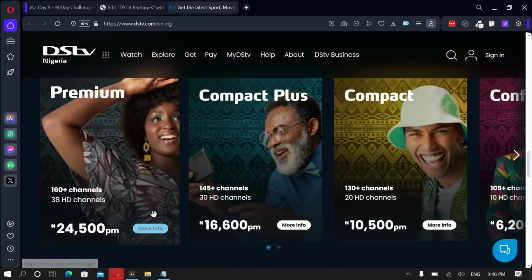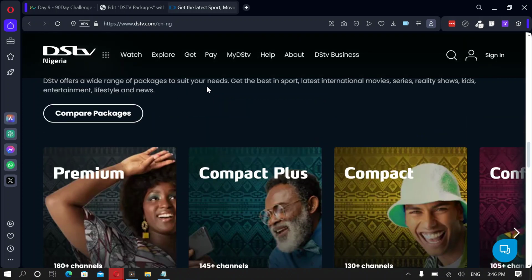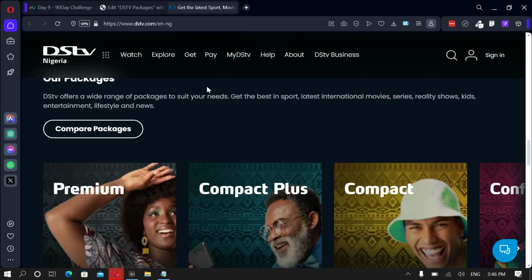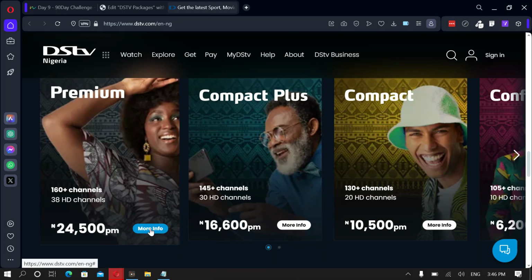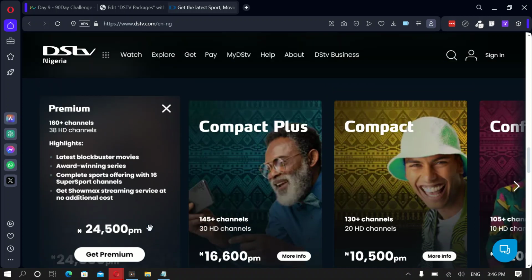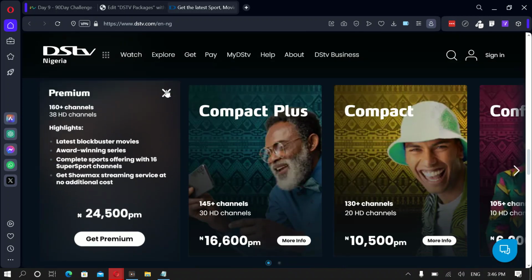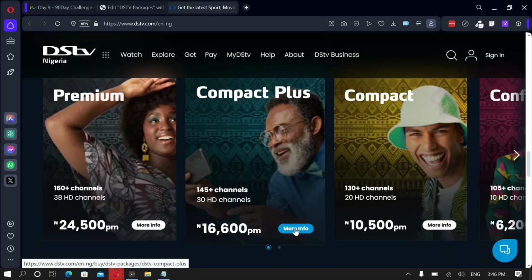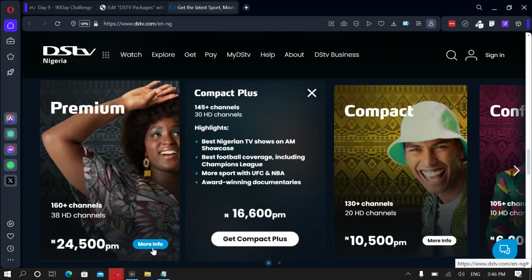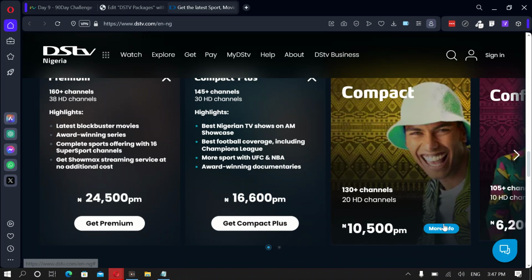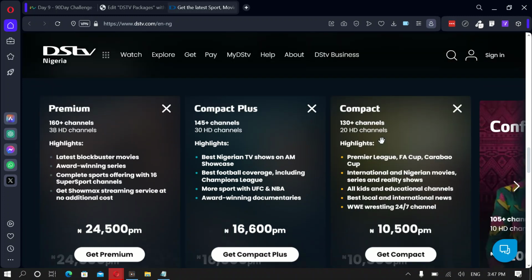But how about this? Before we go into this, let me tell you that this tutorial may be a longer tutorial. But won't you love to know how to do this? Won't you love to learn how to achieve this kind of animation? Because what this enables DSTV Nigeria to do is that people can actually view and compare between these different packages just by toggling